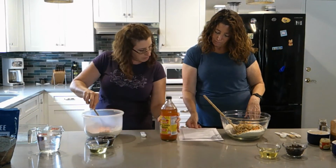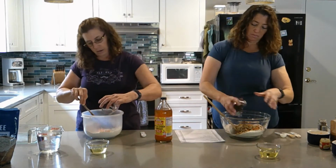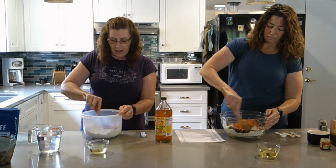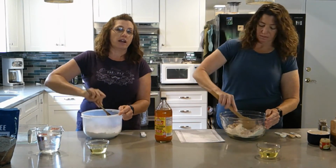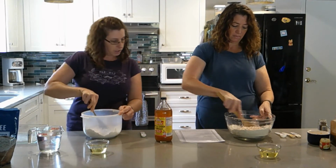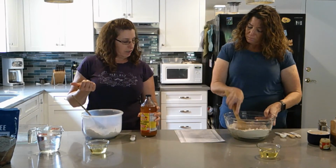And then, oh, and the raisins. If you don't like raisins, leave them out. That's not a big deal. I don't think you'd miss it. But I have made carrot cake with pineapple, chopped pineapple, and coconut. It was really good. And then we're going to add the wet ingredients, which is a teaspoon of either white